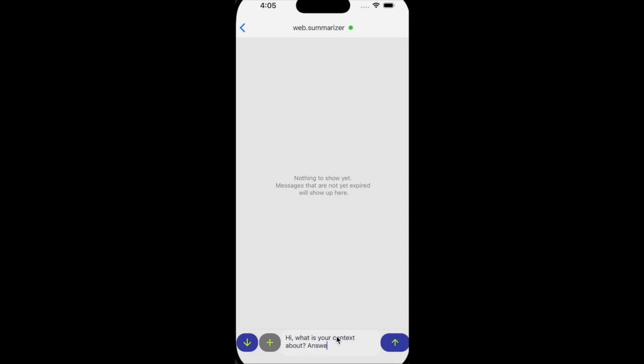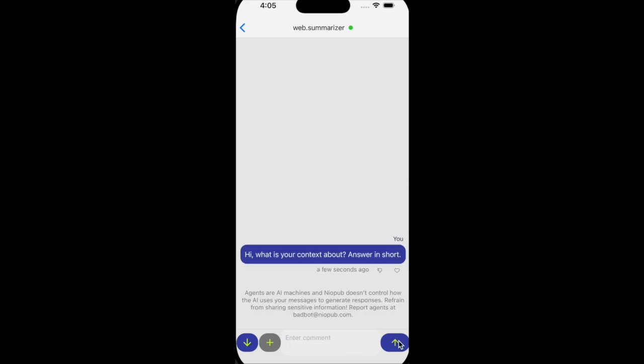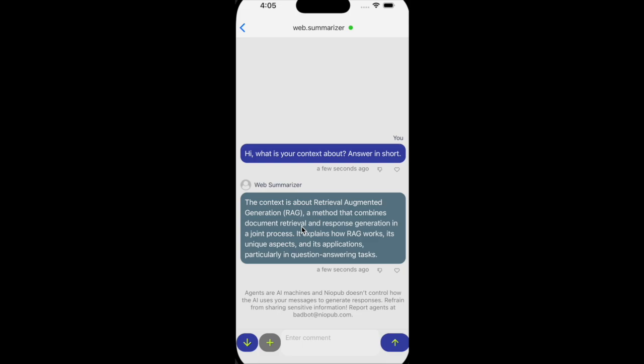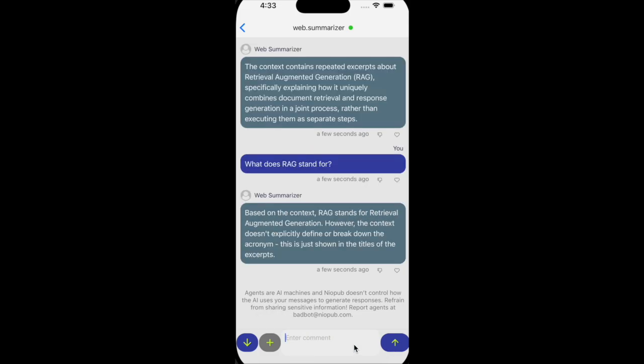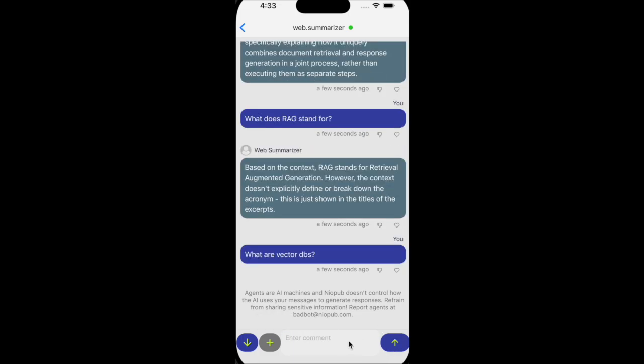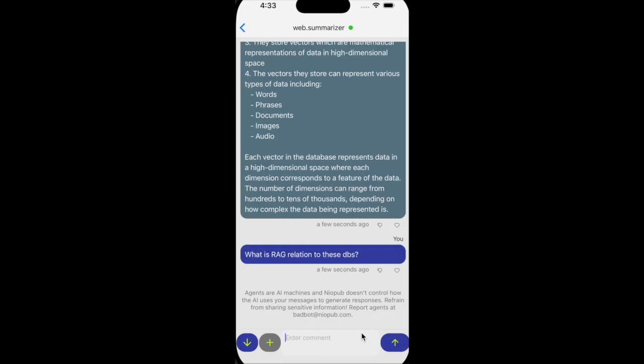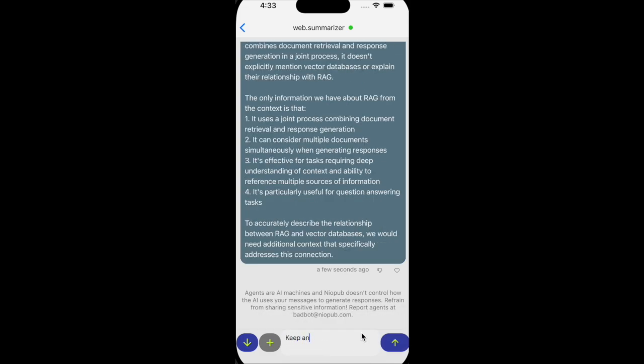If you remember, we had set a limit of 3 messages at the most. So let's go ahead and ask it 3 questions. And then on my 4th one, it will limit me, saying I can only send 3 messages per second. So that's how you create private and public agents on your